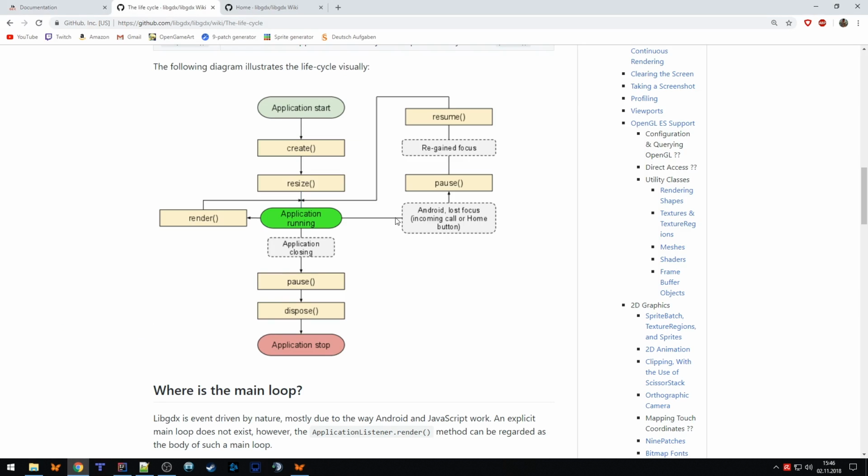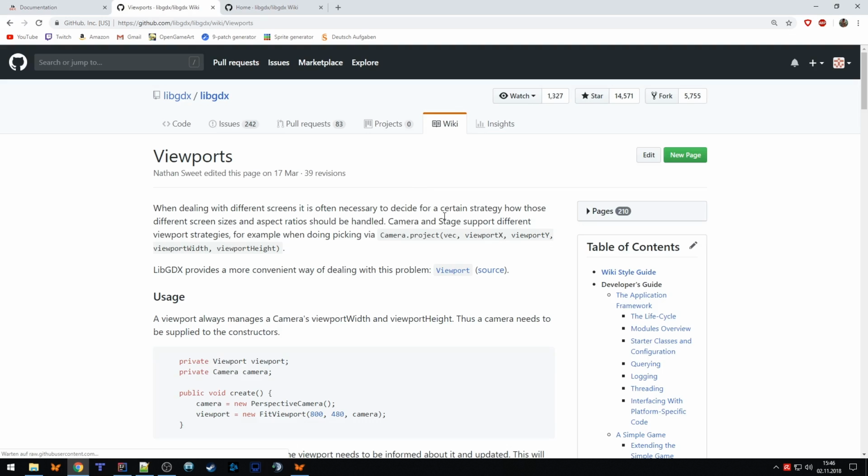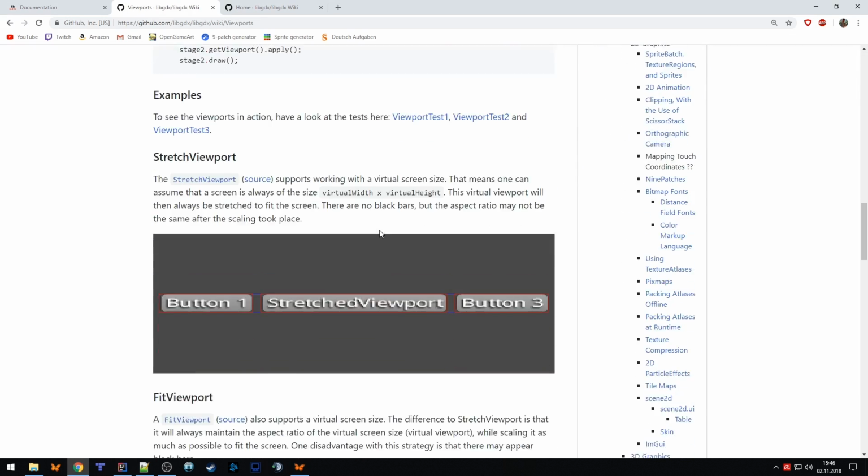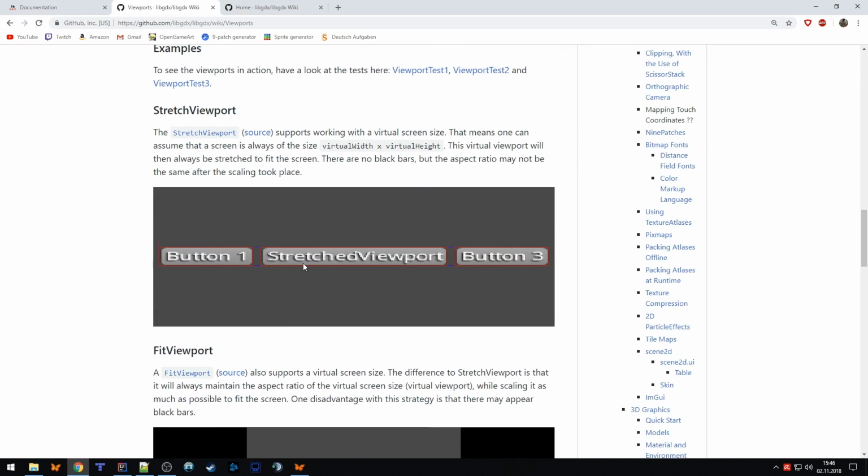And that one is called a viewport. So there's also a documentation about viewports. What it basically does is the following thing. Assume that that's our window. And then there's, of course, some concept behind what should happen if our window gets bigger, if it gets smaller, and what should it do? Should it just scale it? Should it keep the aspect ratio? Should it do something else? And for that, there are different viewports.